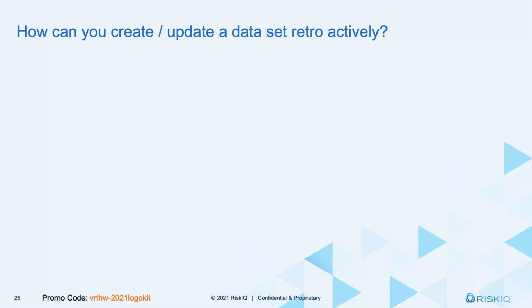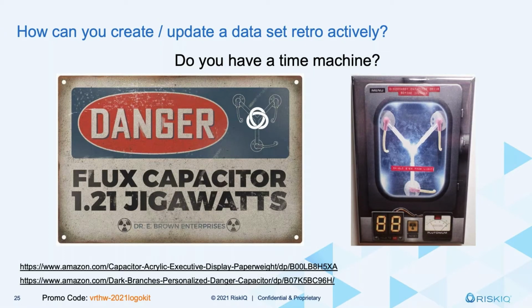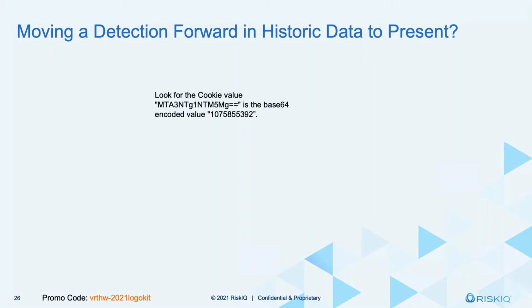But what makes us unique is that if you think of your own organizations, and if you were doing a SIM, for example, and you created a rule, it's from that point forward. It doesn't really go back in time. But with RiskIQ, we have the capability to go back in time and do detections. So with that, it's kind of like having the time machine, like from Doc Brown from Back to the Future, where we can actually go through and find, for example, a base 64 encoded cookie value, and then say, well,